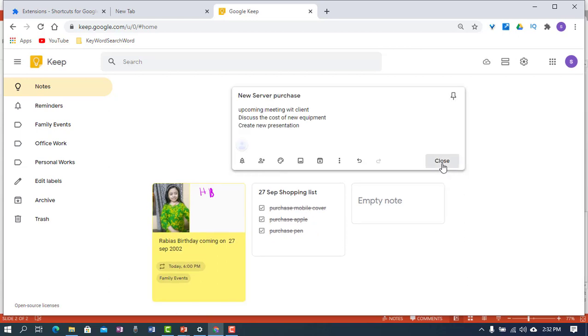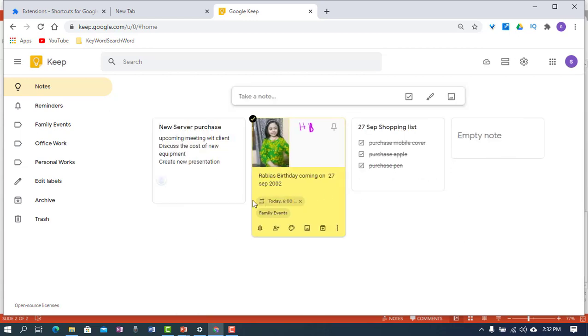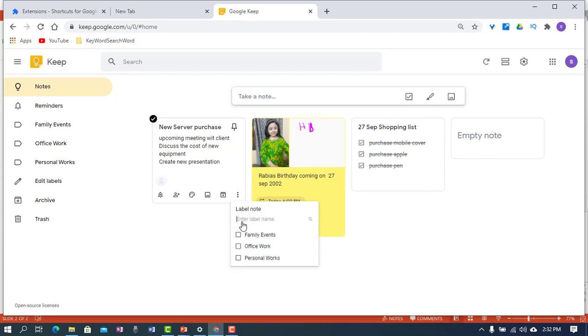And I'm also assign this note in some label. So for this I need to just click on this, click and add a label, and now I click to office work. Now this particular note is belong to a label which is called office work.